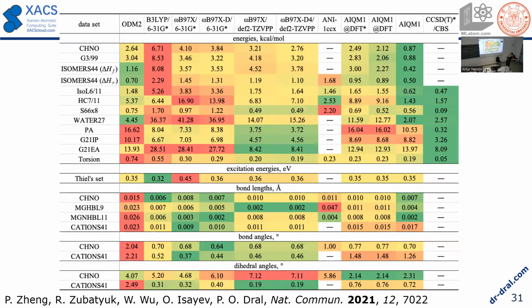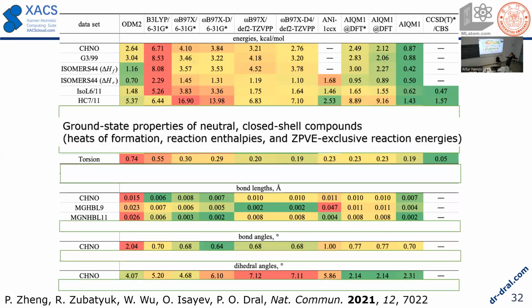So here there is an overview table for different properties, ground state, excited states, and so on. I will highlight the properties for which the neural network was trained, because the data set that I showed you was only ground state properties for closed shell compounds, so a very specific data set. And for these properties, the new method AIQM1 has the lowest errors compared to semi-empirical or DFT approaches. So our goal is basically achieved, and it is more general than, for example, a pure machine learning method, because if you have radicals, you can still treat them.